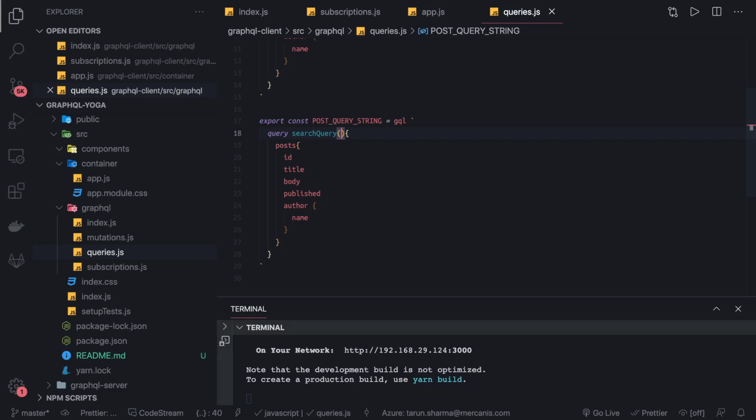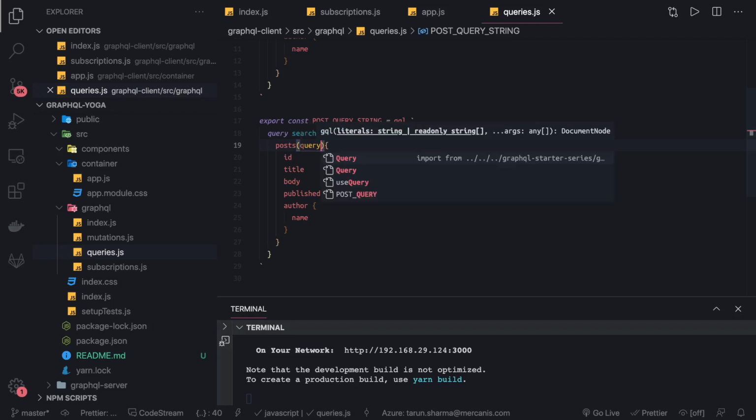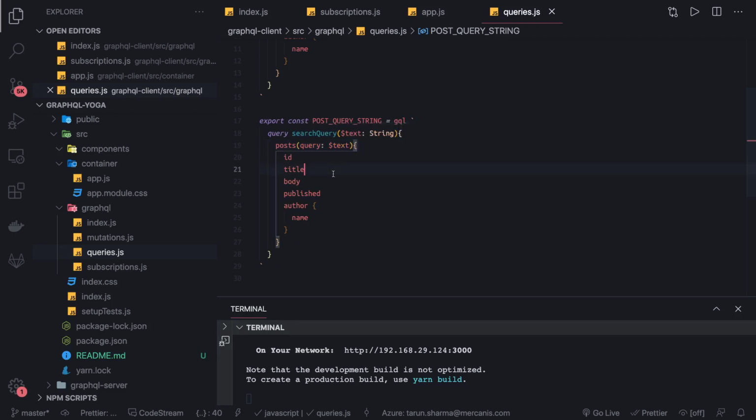The argument is, let's say, text, and this text is of type string, and that is optional, you may or may not pass. And then in the posts you can pass this. I think we are passing it as a query, and query will hold the text value. This is pretty much simple. This is how you can pass the variable.